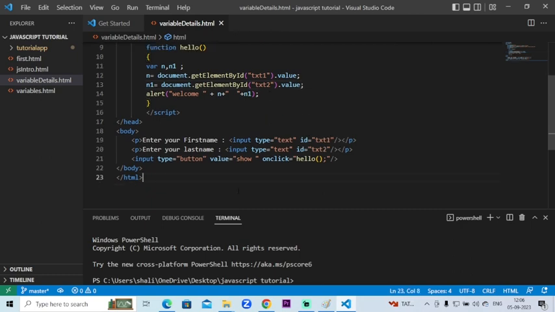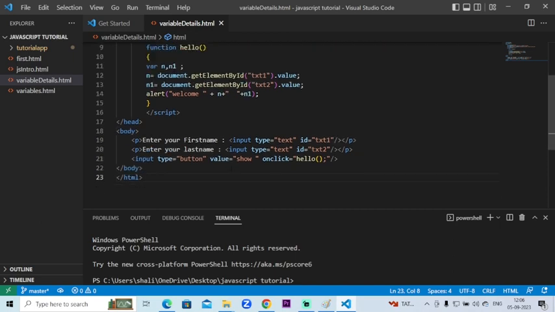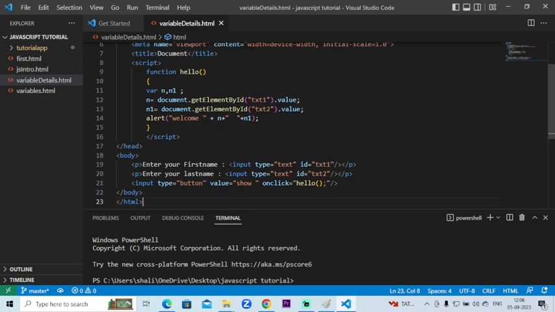One more thing: if I have two text boxes and I want to show the sum of two values to the user, how can we do that? That we will see in the next lecture, because we need to do the conversion from the string data type to the integer data type. So before that,